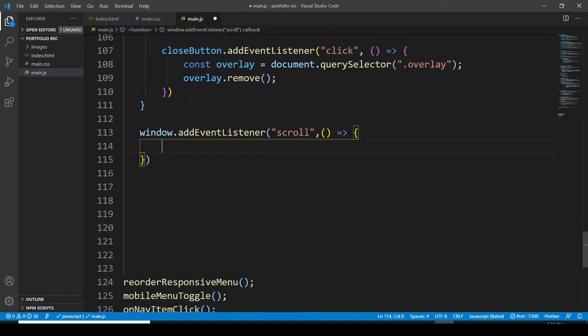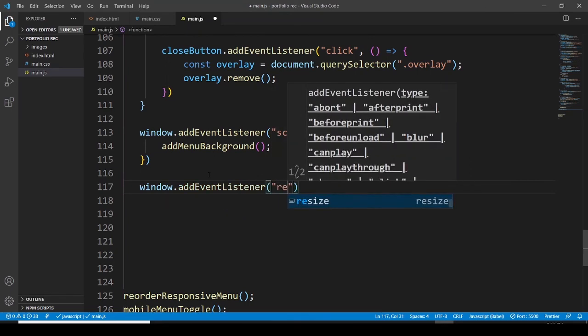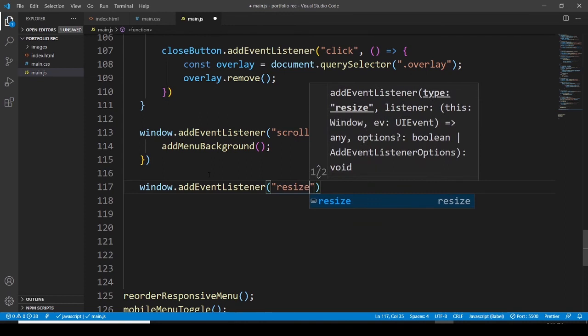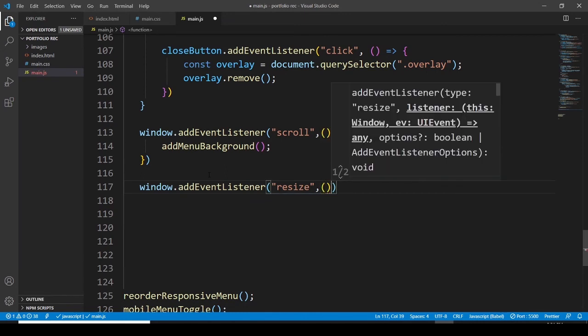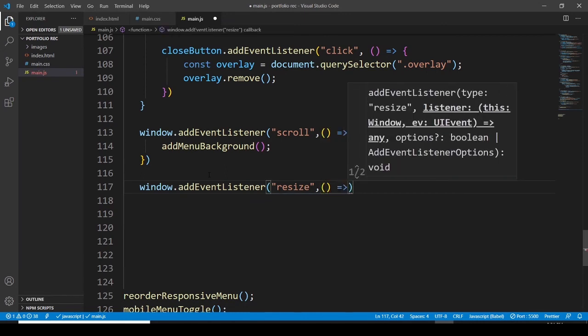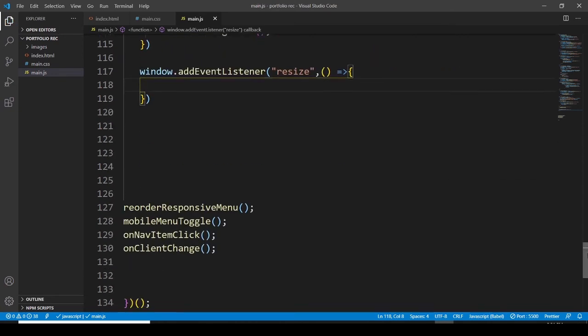Okay, so what we have to do, let's see, add menu background, and now we have to say the window add event listener, and we are going to have a resize, and let's have a resizing function, and that's all. Let's save it. Okay, now let's call this